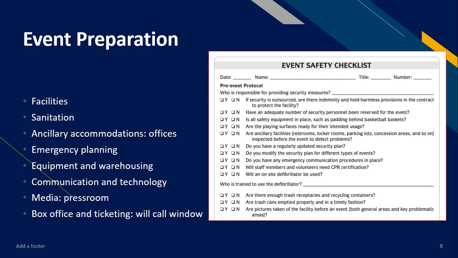One of the often overlooked components of an event is making sure there are enough supplies and that the supplies are stored in an easily accessible location. It's difficult to store several thousand rolls of toilet paper in a convenient location. Thus, space needs to be set aside for storing supplies that will be used during the event and for items that need to be placed out of the way.